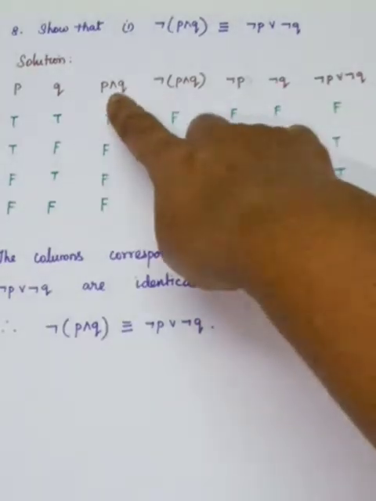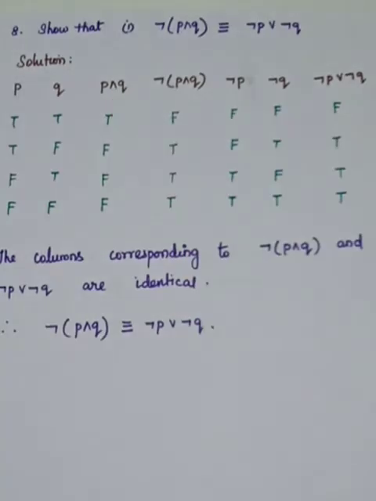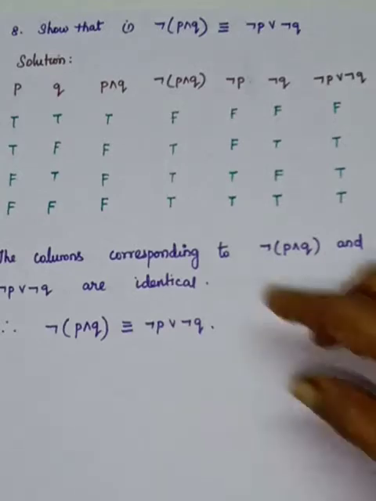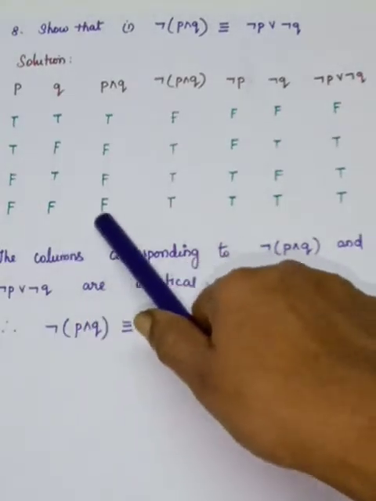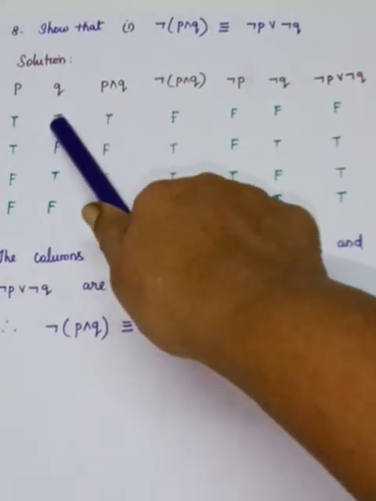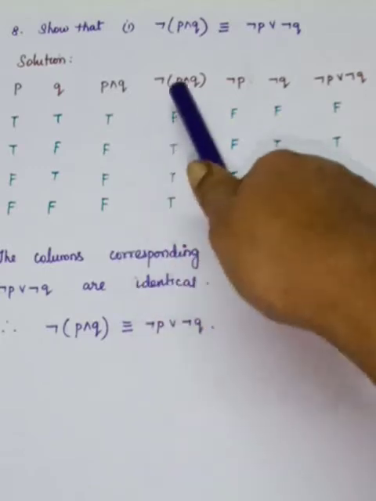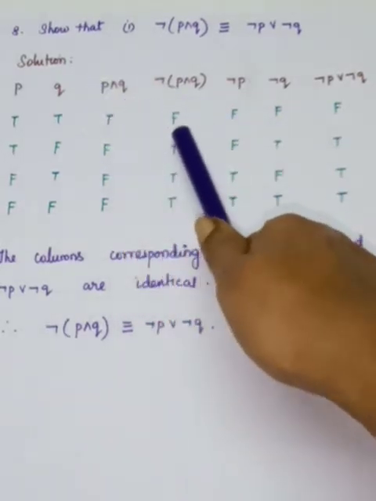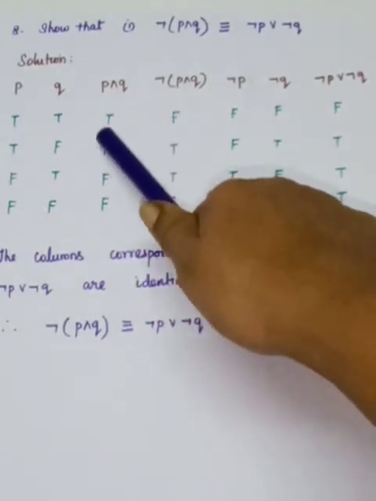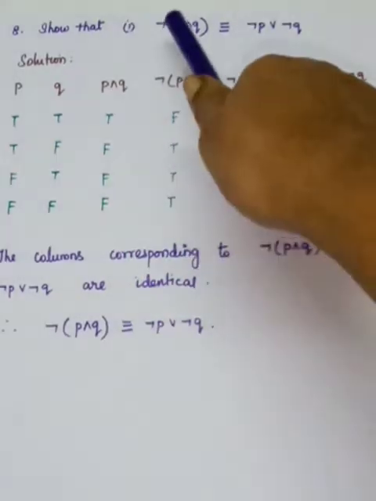So P and Q means what? And means both are true, it is true. So the first one, both are true, so it is true. In the remaining second row you will have only one T. The third row also you are having only one T. In the fourth row you are having 2 false, so therefore it is false here. So only when both are true it is true, otherwise it is false. So negation you have to write, negation of this one. Here you are having true, so its negation is false. The remaining are false, so you have to write true. So the left side is over.